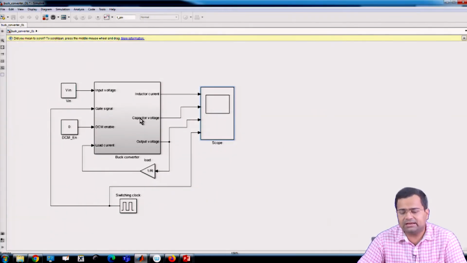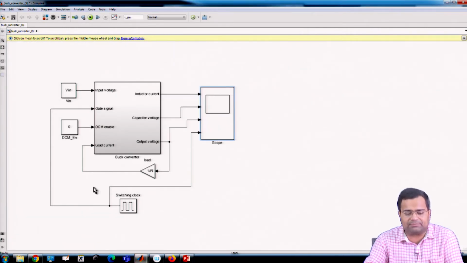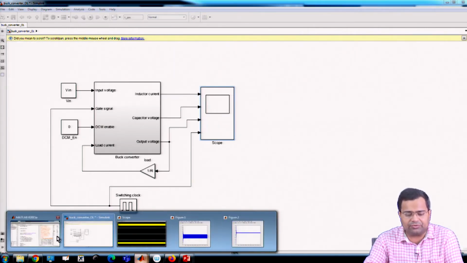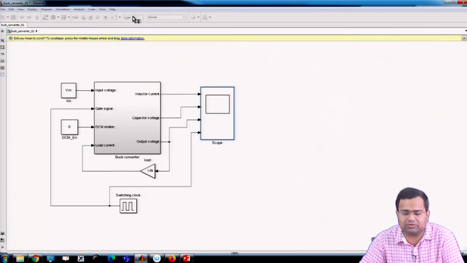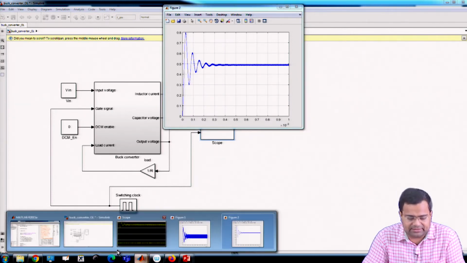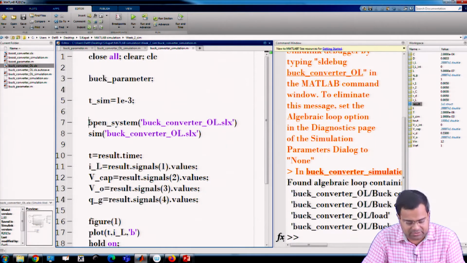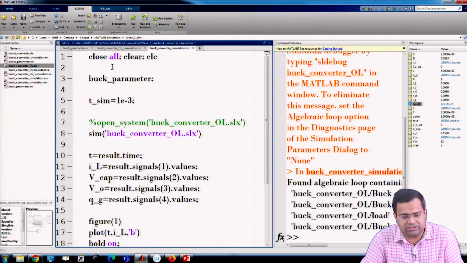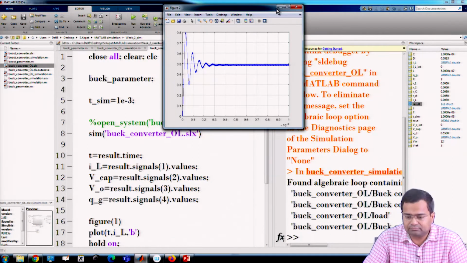So, it will call tsim, which is now running for 10 millisecond. So, if we want to speed up the simulation, then we can decrease to 1 millisecond and run it again. So, you can do whatever we want. Nice. Now, why do we again want to see the Simulink file all the time? If I just close it, it will not go to that screen, it will run it.